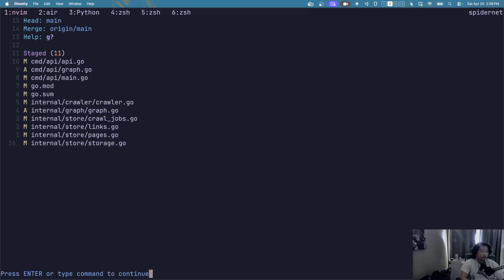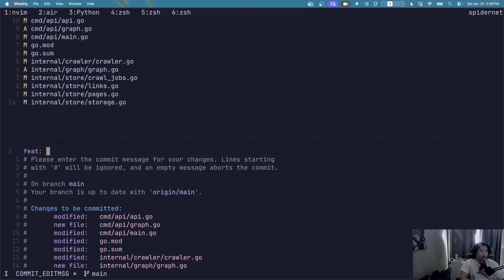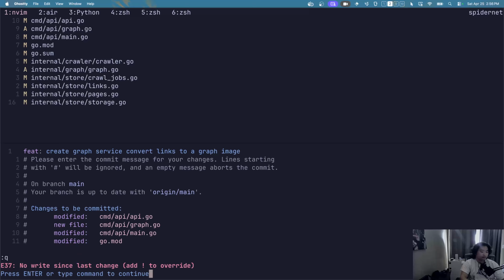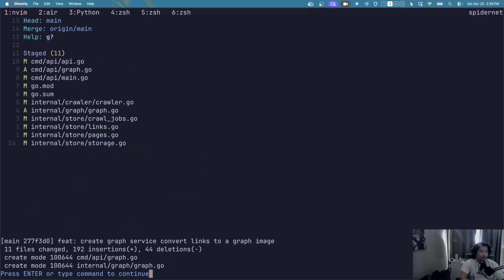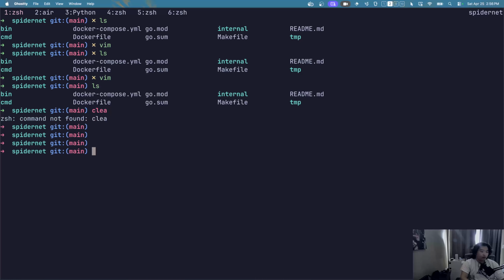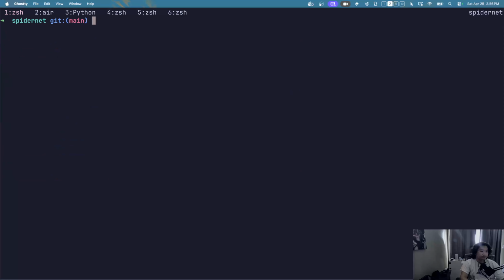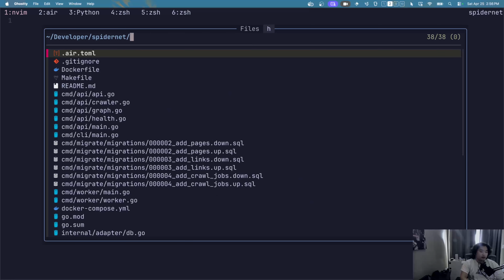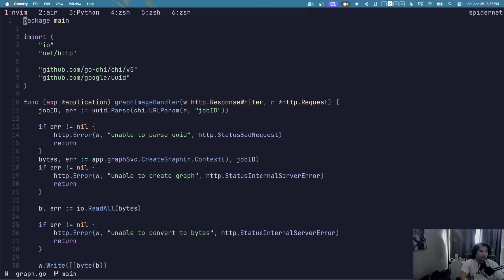Okay, let me see real quick. Okay. Create graph service, converting links to a graph. So yeah, now I know though our graph service